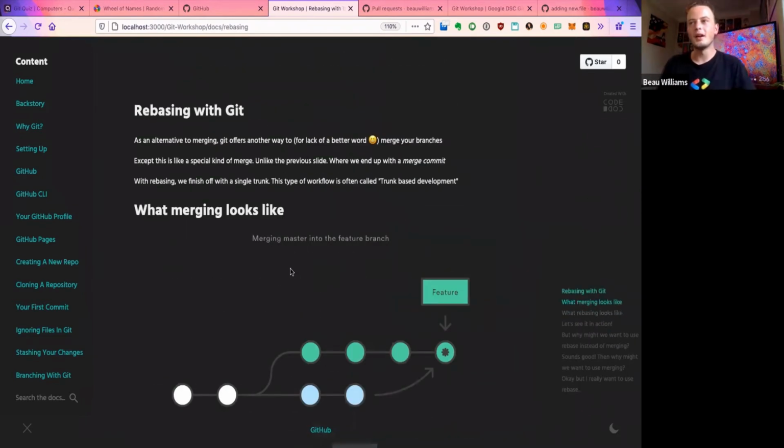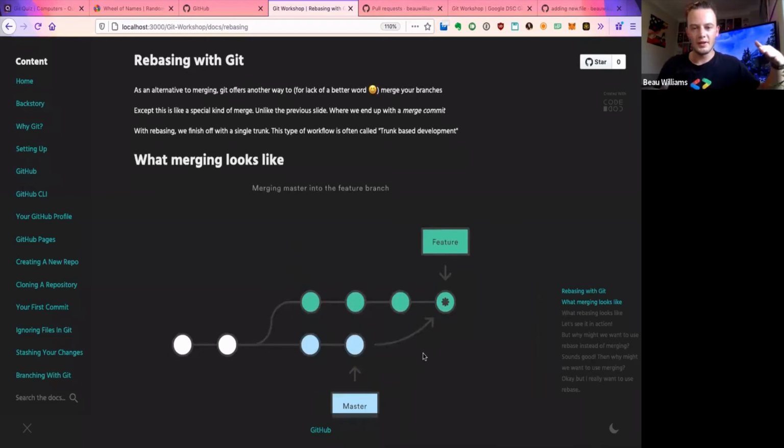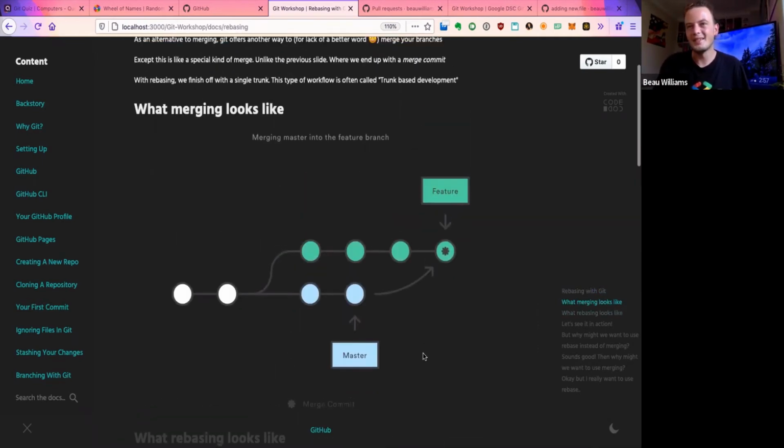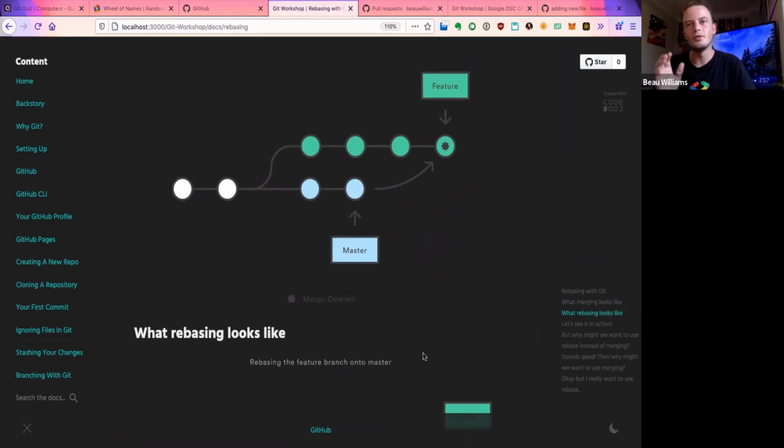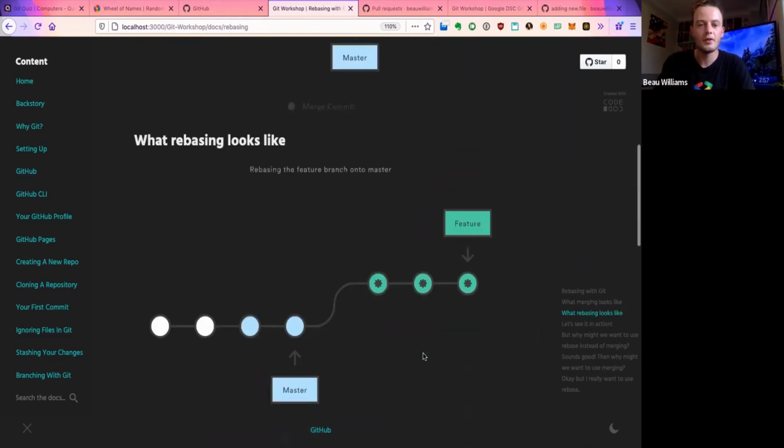Now, some people might ask, and I previously asked myself, what is rebasing? The difference between rebasing and merging is that merging essentially looks like this. You've got the main code, and then you merge some more into it, and it's this continuous pattern of branching, merging, branching, and merging again. What that could potentially lead to is a messy commit history. But I think realistically, that's not really an issue unless you've got very specific reasons for it.